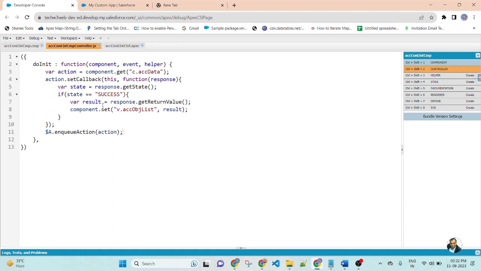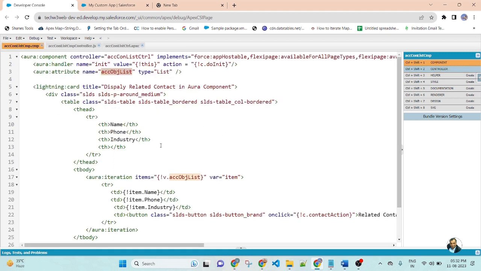Save the file. So here I saved the file successfully. I created the component. I created in the component two attributes. First, for Aura handler, there is an init function, and second is the account object list. This is list type.